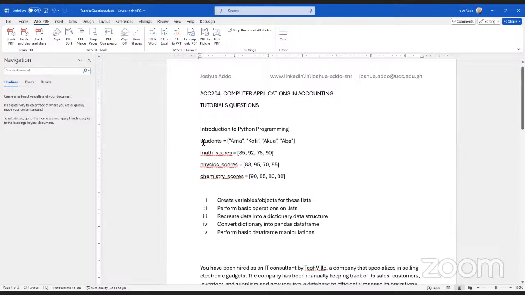So in the students list, Amma has an index number. It is inherent, you don't need to see it, but Python assigns it if you do this code. It assigns the index numbers from 0. So the first person is 0, 1, 2, 3, in that order.